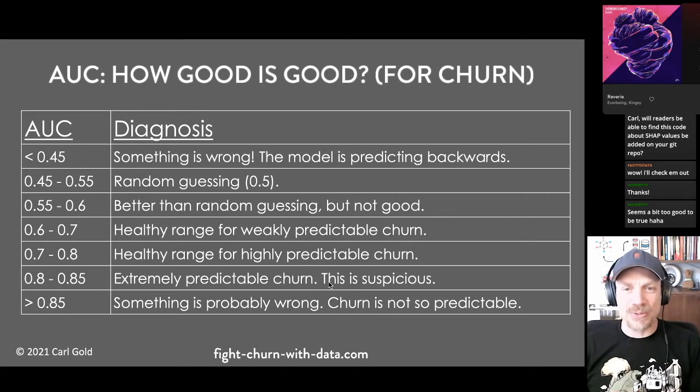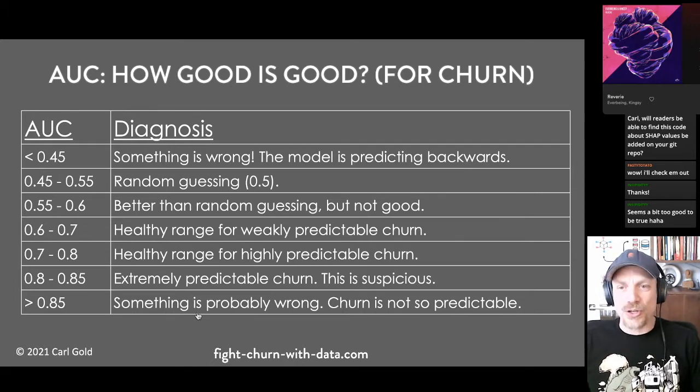I consider that suspicious. Why? Because churn is usually hard to predict. People are random, man. People will not use a paid service for months and not churn. They forgot about it. And then you might have your best customer churn for no apparent reason. So churn is really random and it should be hard to predict. And I would even say that if you get AUC above 0.85, something is probably wrong. It's suspicious. Churn is not that predictable.